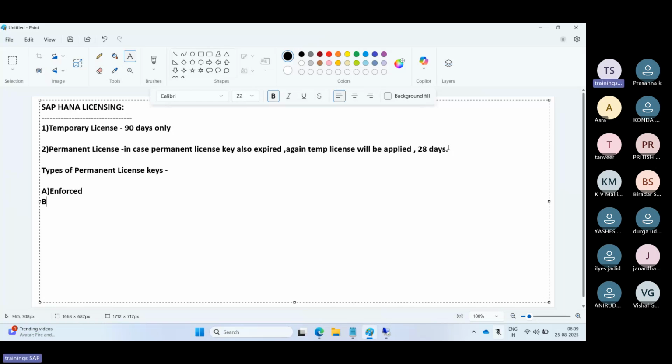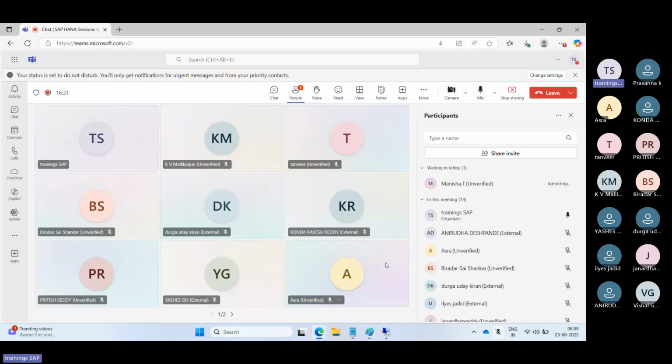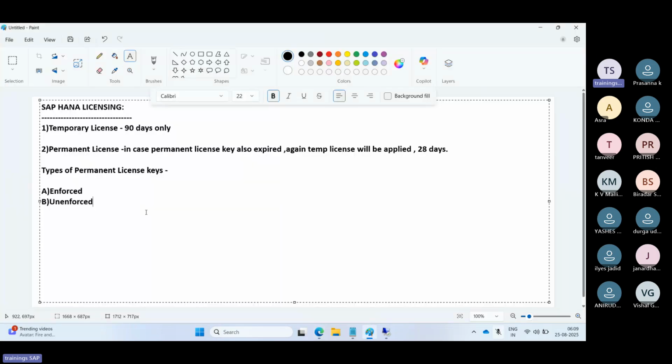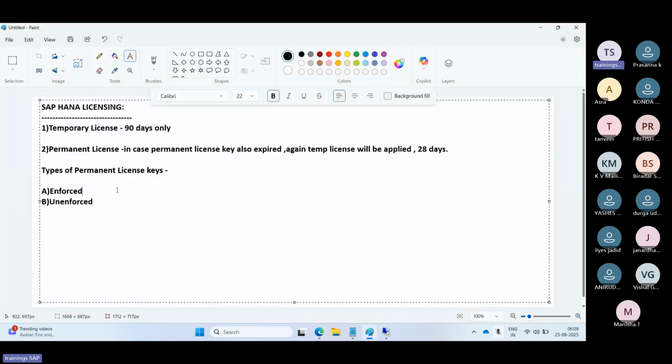The second one is enforced and unenforced license keys here. So what is meant by enforced here? Enforced means